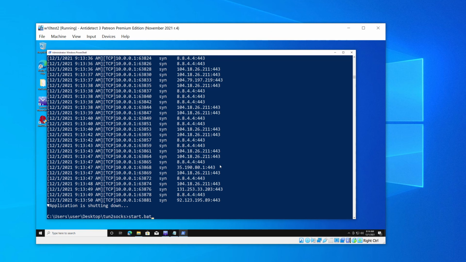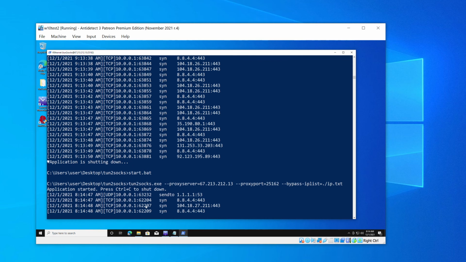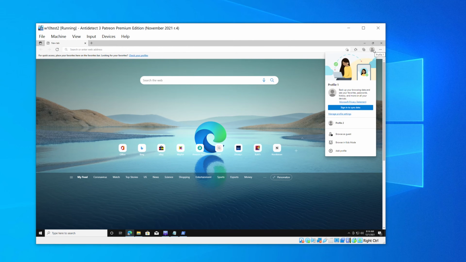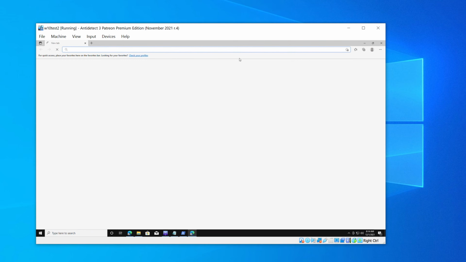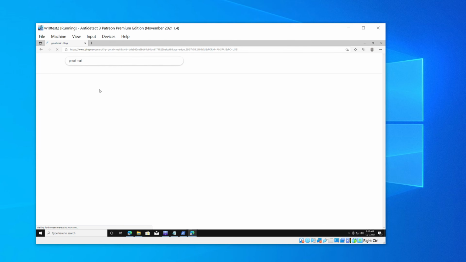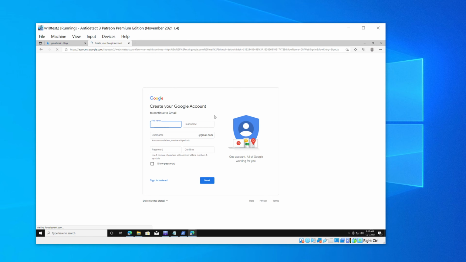Let's start again. Start bot, and yeah, our connection is turned on. So what is our profile? Profile number 2. Yeah, we'll select the profile number 2. So go to the Gmail mail, something like that. Again, from the Bing. Again here. Again, create the account. We will use the different data, for example,